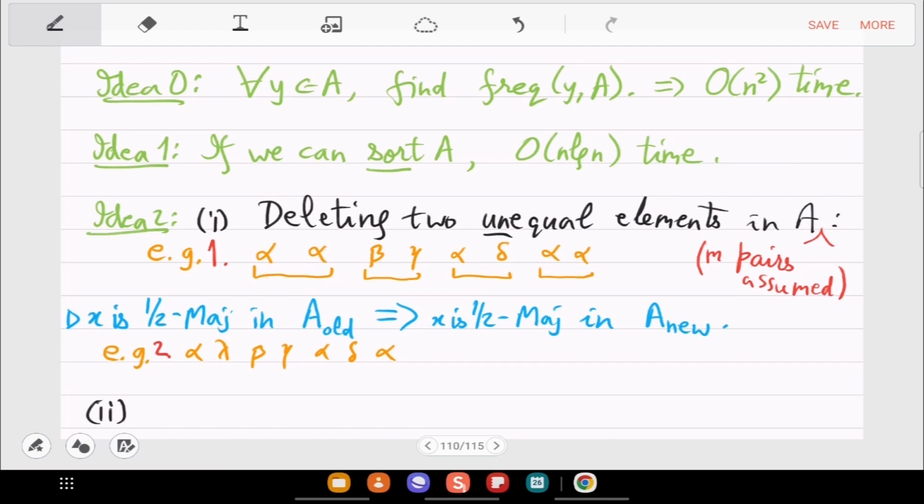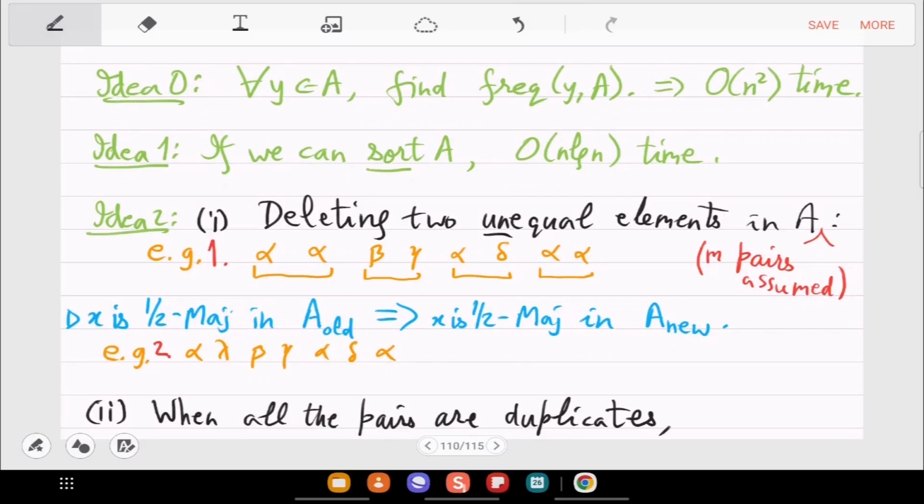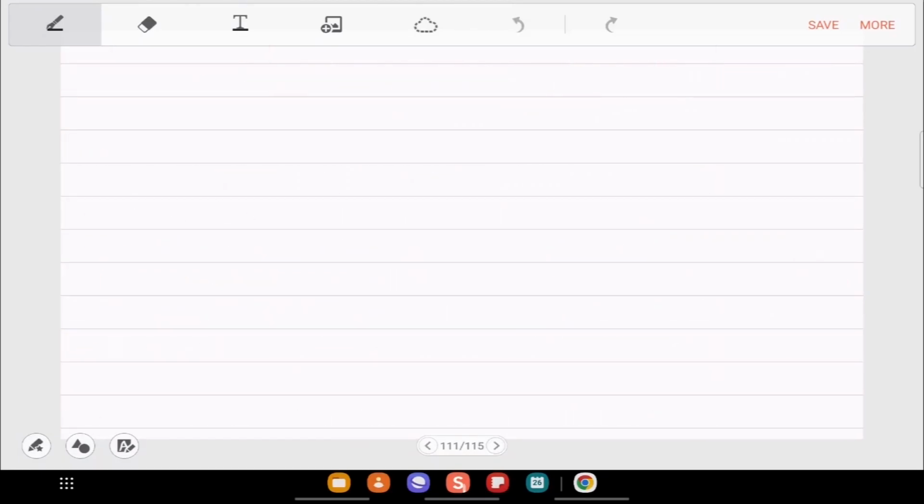So when all the pairs are duplicates, then you can reduce each element to the respective singleton.